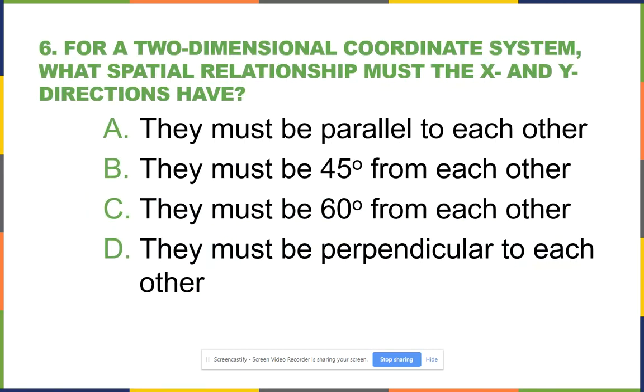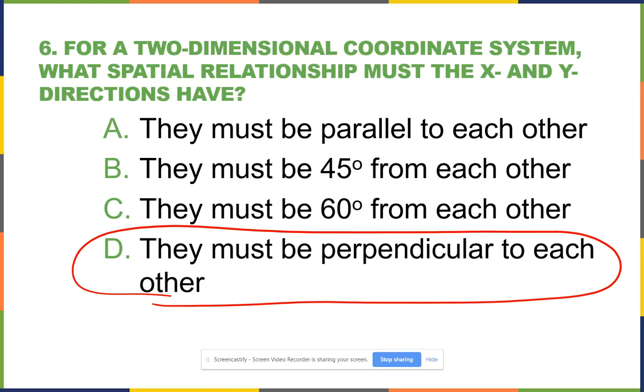Let's get to some more questions. Sorry, I've got to advance this. For a 2-dimensional coordinate system, what spatial relationship must the x and y directions have? Please, everybody answer right. If you listen to Max, Max is out to get you. All right, 11 people have answered, and all 11 said they must be perpendicular to each other, and that's correct,